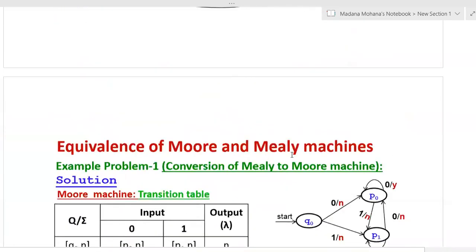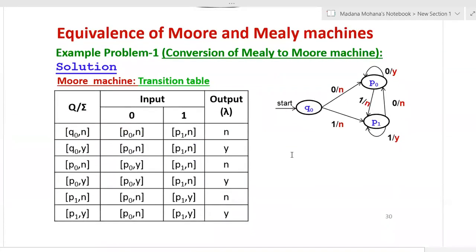Now you can see its transition table also in a similar fashion. This is the structure of the transition table of a Moore machine, same as a finite automata transition table. First you take the Q by sigma combination. The column headings are labeled with inputs; here we have two inputs. One more extra column is labeled by output, that is lambda. All rows are labeled by the states; that is 6 states we have. Here Q0 is the initial state; if you want, you can represent it using an arrow. But a final state is not required in either Moore or Mealy machine.